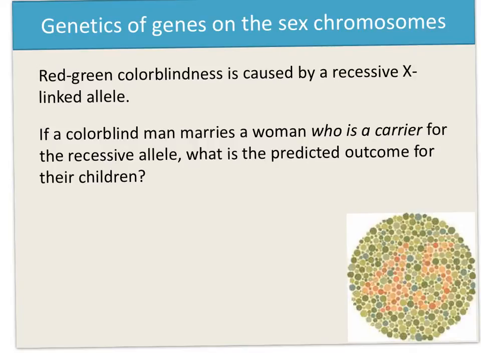And if a colorblind man donates an X, he can donate a bad X with a mutation, or the mother, though, is usually the carrier. She has a bad X, but she has a rescue, so her daughters are fine. And